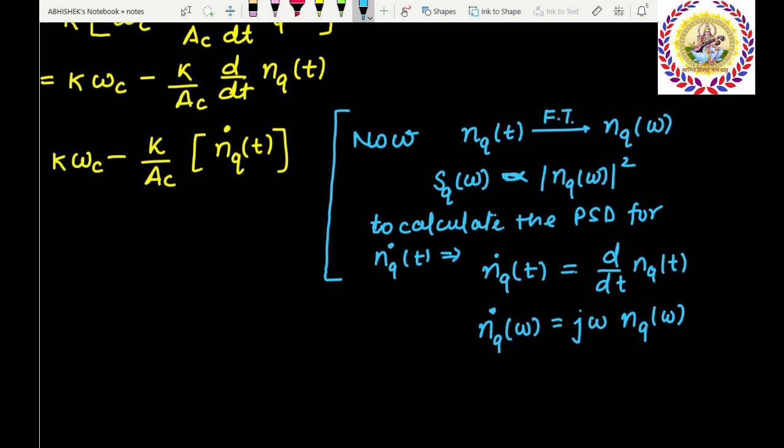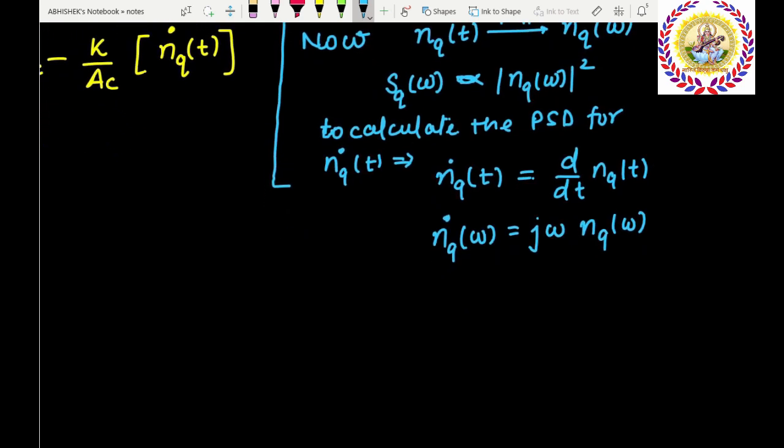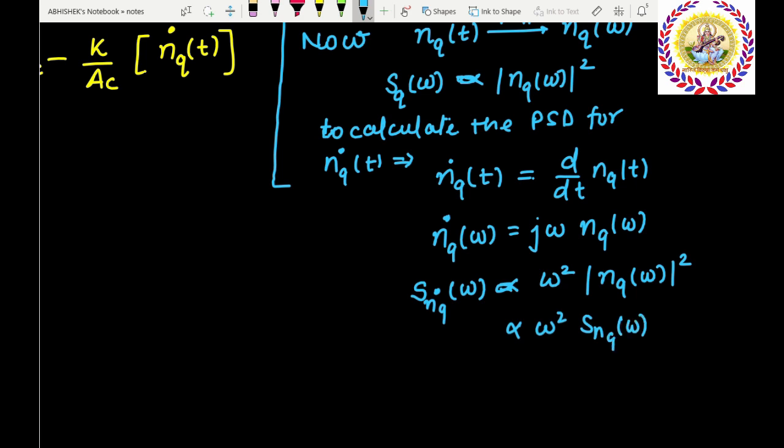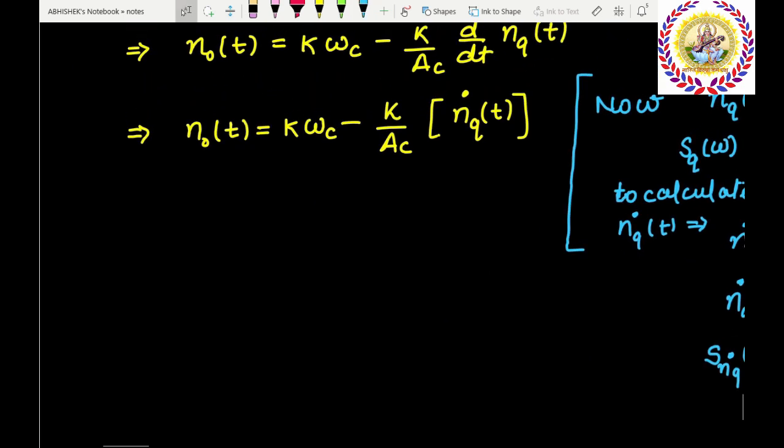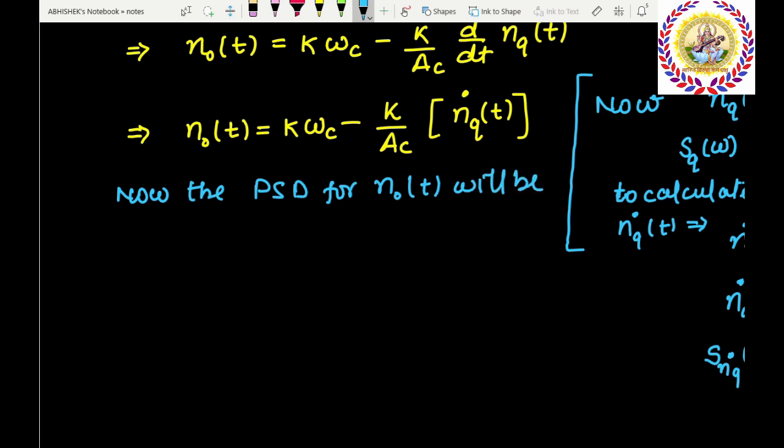Now, as PSD is proportional to the magnitude of the spectrum, the power spectral density for the above expression, Snq dot omega, is proportional to omega square into mod of nq omega whole square. Now, the PSD for n naught t will be expressed as